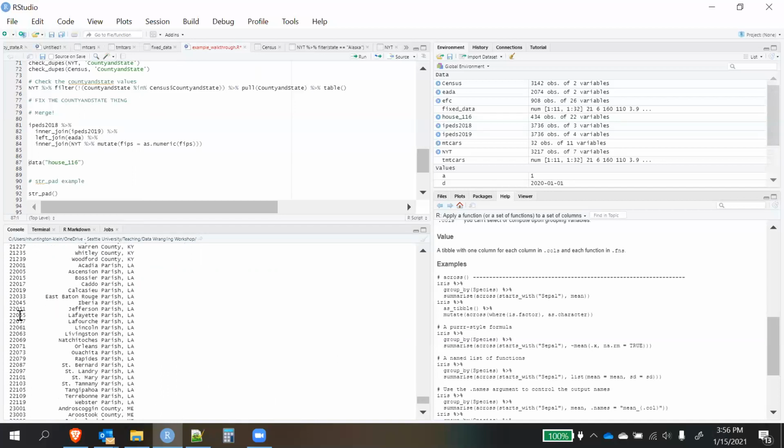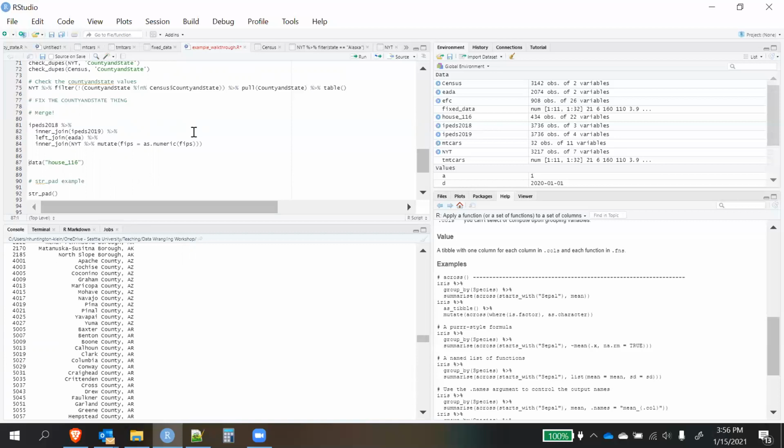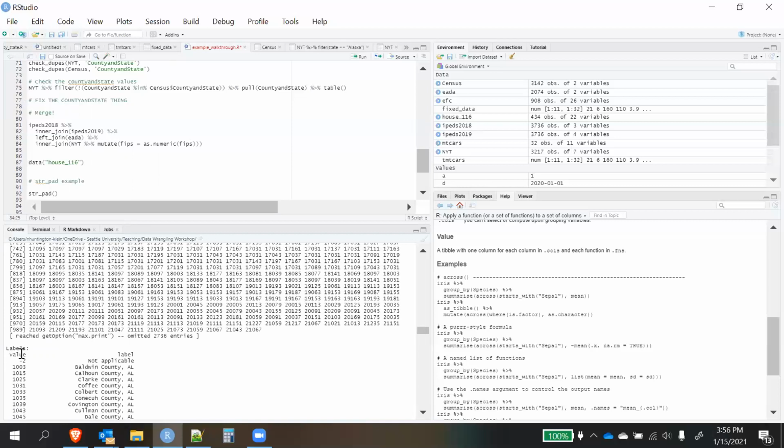Ah, the county code has the full FIPS. There we go. You can see the labeled values here. So what we're gonna wanna do is rename. We have the county code variable in iPads, which has the 5-digit FIPS code that we need. And we have the 5-digit FIPS code in New York Times, but it's called FIPS. So what we're going to do is we are going to